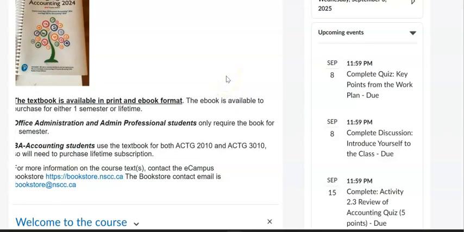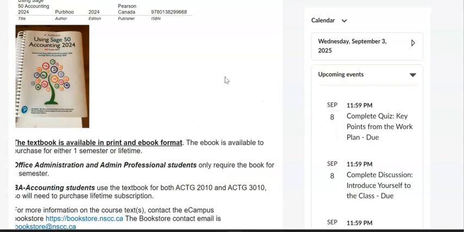I do highly recommend you order the paper textbook as opposed to the ebook. You're going to be using the textbook in a step-by-step manner, and so many students find it so helpful to be able to have that paper and just either leave themselves notes in the book or tick off so that they can remember where they are. So just something to keep in mind when you're making your decision.